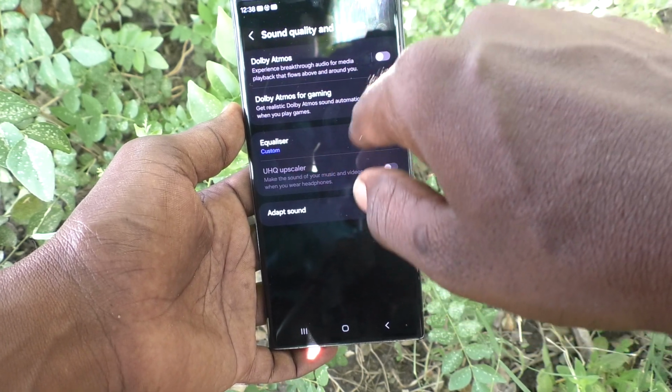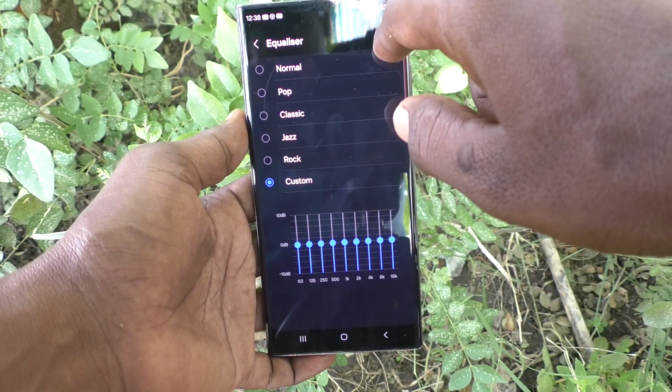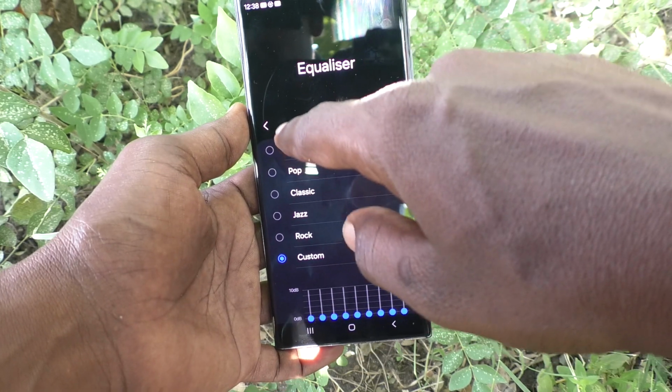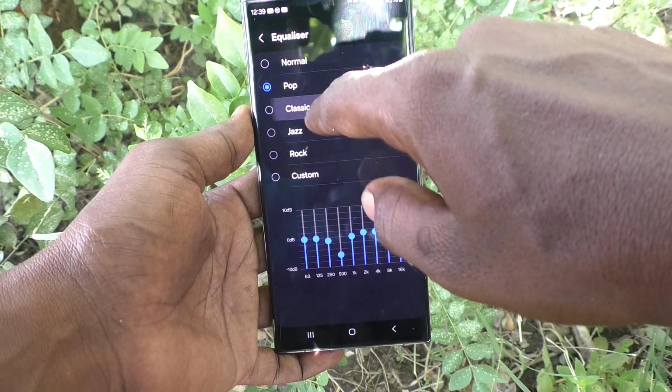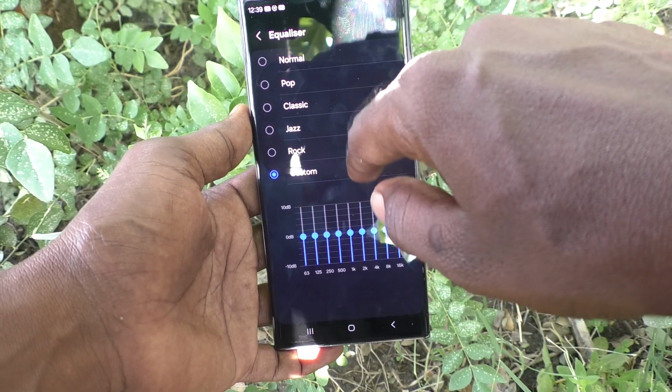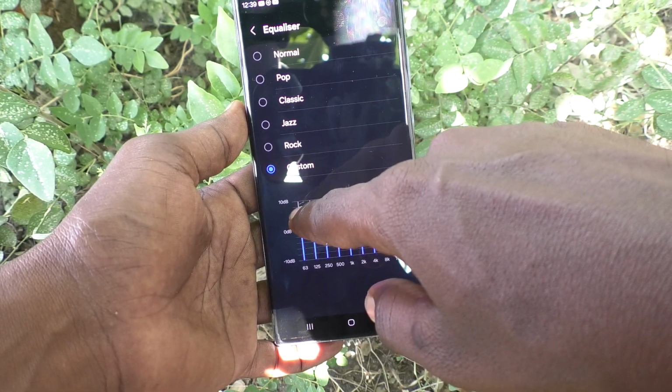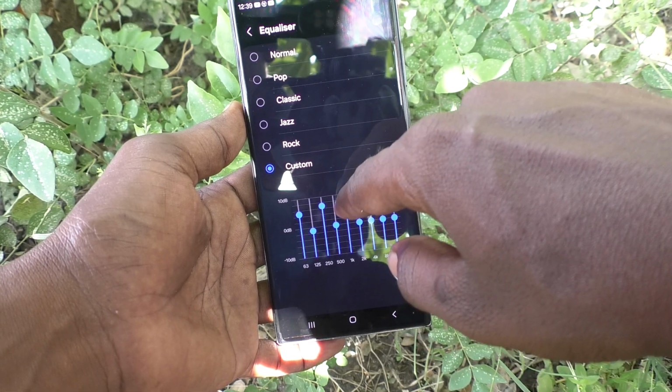Okay, also you can check in equalizer. Go to equalizer, and here you can choose from the available options. This is normal one and pop, classic, jazz, rock, custom. In custom you can adjust level here. Okay,